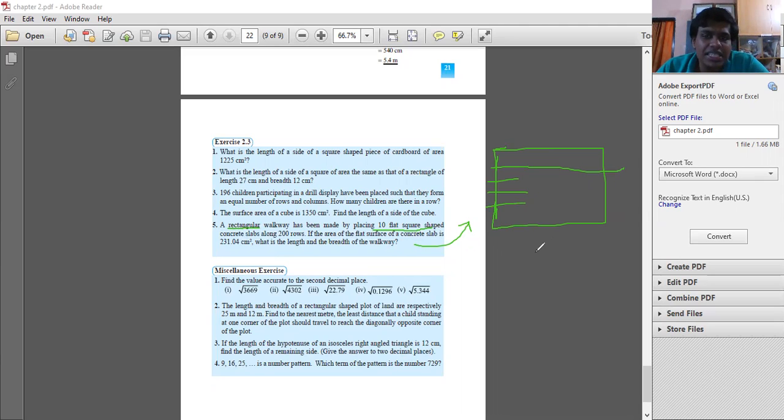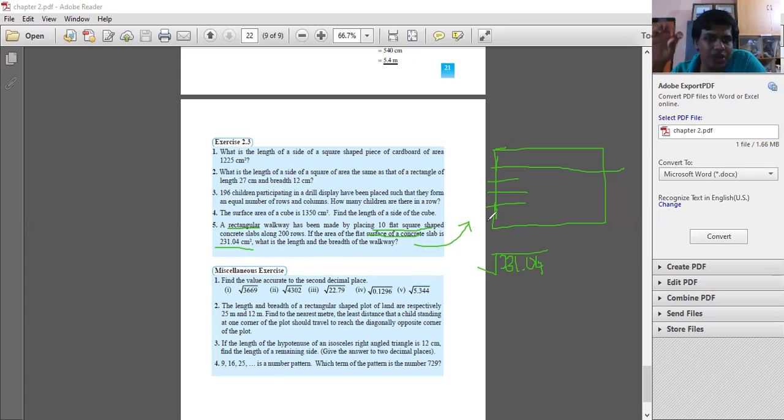It is very similar to the example question we did. Basically, they have given the area of a flat surface of a concrete slab as 231.04. Find the square root of it, then we will get the length of that concrete slab, and as there are 200 rows,